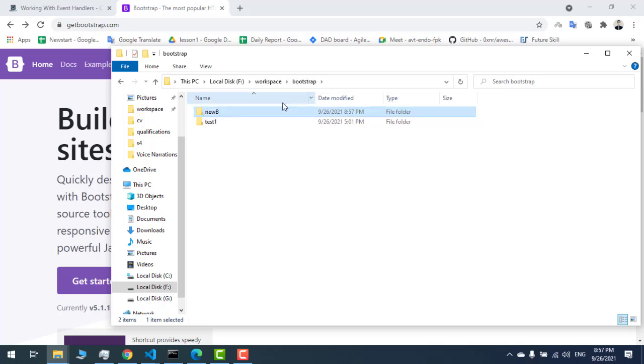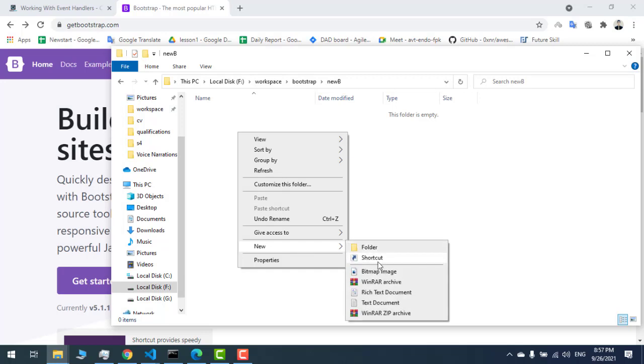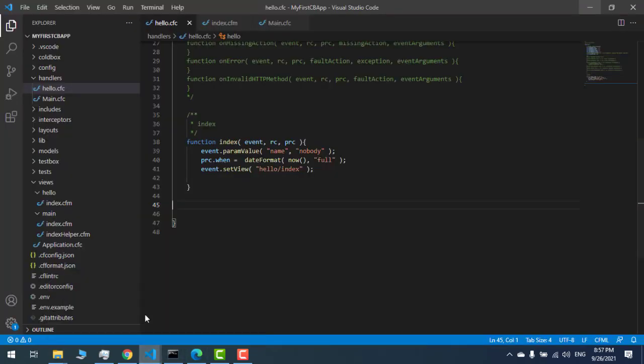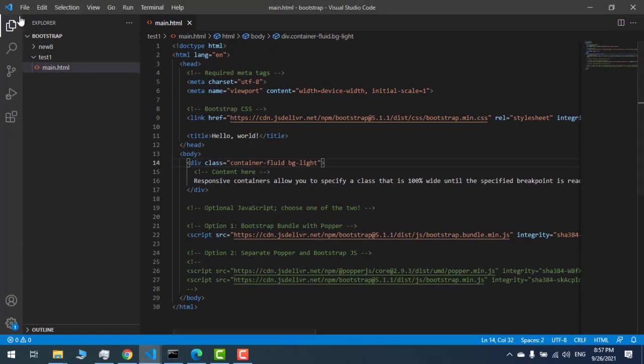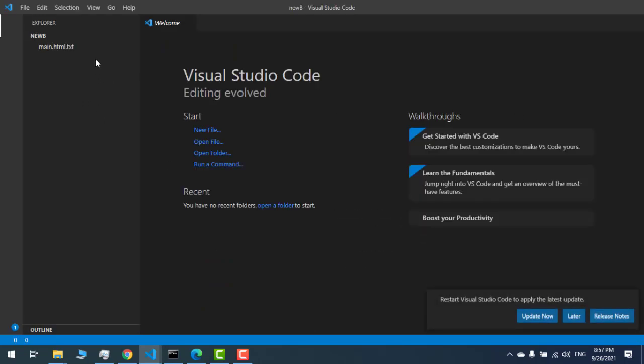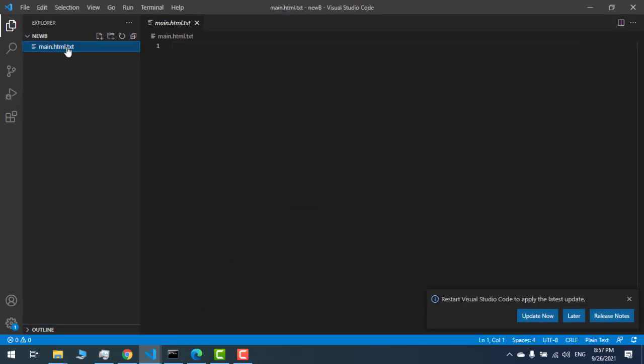newbie, and here I just want to create a main.html, and I'm going to open it with VS Code. Let me open it, and here I have Bootstrap and newbie. Select the folder, and here we have, oops, we need to rename it, remove .txt,